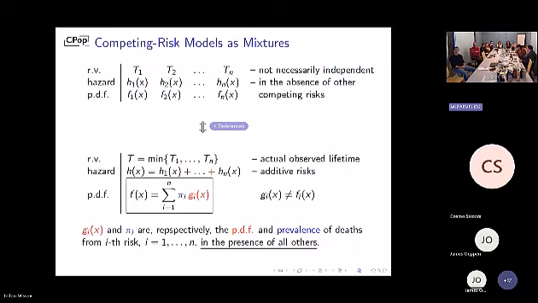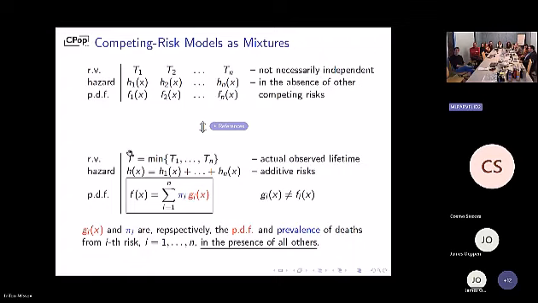Suppose we have n competing risks, H1, H2, and so on, Hn. The random variables associated with them are potential lifetimes if only one of these risks acts at a time, so in the absence of all others. These are things that we do not observe. But what we observe is the minimum of these random variables. So this is the actual observed lifetime. The risks are competing among each other, and the one that strikes first is the one that determines the